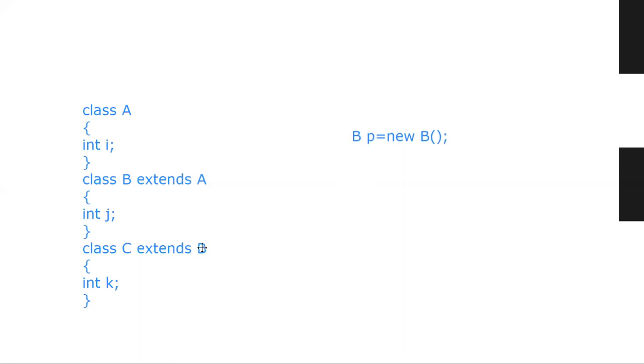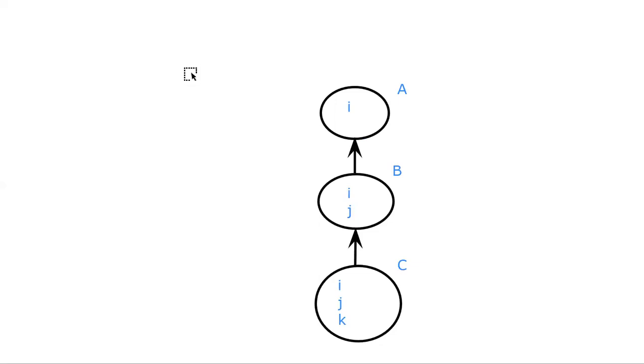It can refer to member I as well as member J. Since P is aware of its member J as well as its superclass member I,